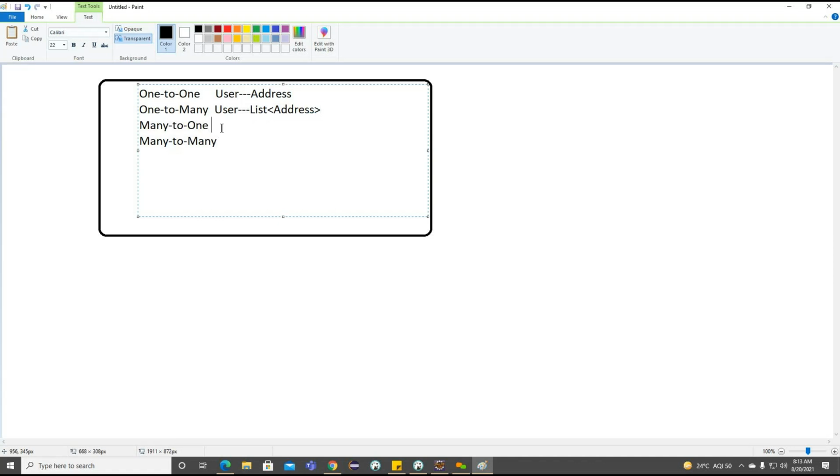And another one here, many to one. So many to one here, if we focus here, list of user will contain one address. Getting the point. So list of users can contain one address, or here we can define the one more type here.